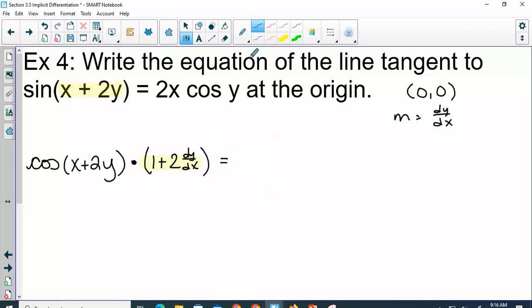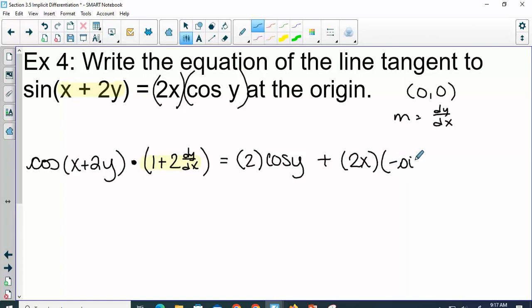Equals. On this side, we have a 2x that has a variable and a cosine y that has a variable. So since they each have a variable, we have to do product rule. Derivative of the first. Derivative of 2x is 2 times the second plus the first, derivative of the second. What is the derivative of cosine? Inside stays the same. But we did the derivative of a y, so times derivative of the inside. Derivative of y is